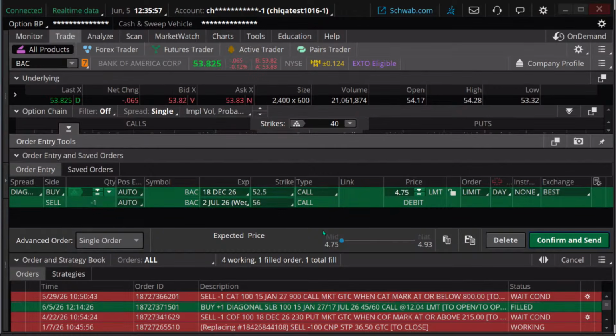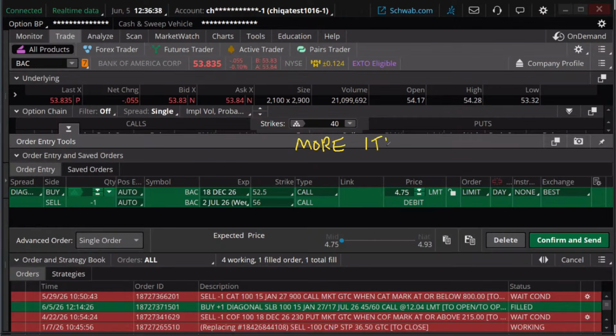Now, at the beginning of the webcast, I said there is early assignment risk. There is. We're not going to let the short contract get very close to expiration. Now, does that completely exclude the possibility of short assignment? It doesn't. You could get assigned at any time up to expiration. But keep in mind, there are two things that really drive up that short assignment risk. One, if it's more in the money, the further in the money it goes,